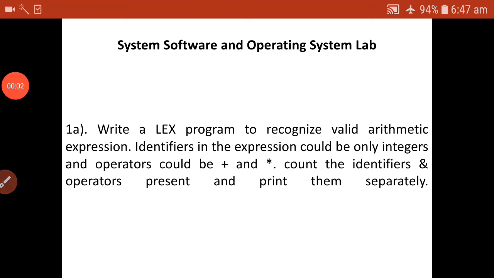Hello students, the SSOS Lab's first experiment: write a Lex program to recognize arithmetic expressions or identifiers. An expression could include integers and operators. Count the identifiers and operators present and print them separately. Before going to the program, we should discuss what Lex is and the basic structure of the